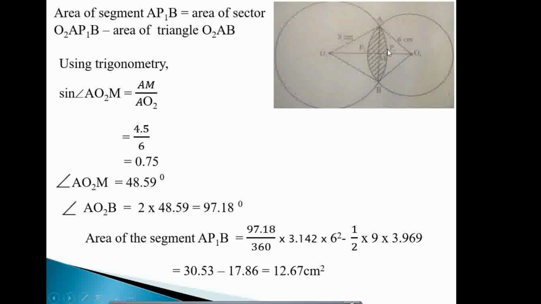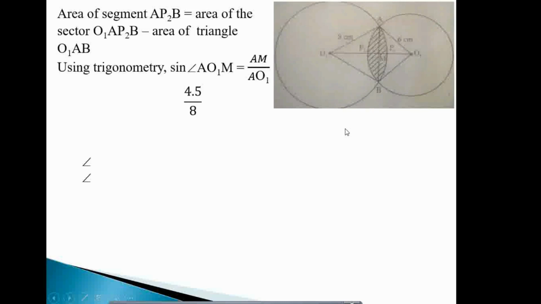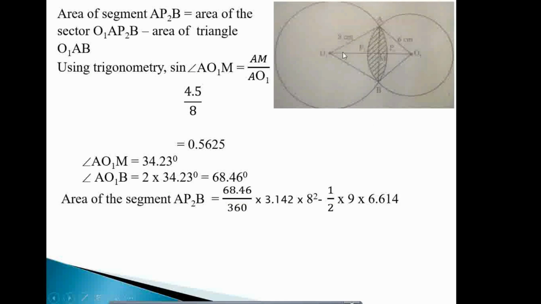Now I'm remaining with the area on the other side, the area of this other segment, that is AP2B. So we also do the same. We first of all get the angle using sine, which is opposite 4.5 over 8. Then you get the sine inverse, then you multiply the angle by 2 so as to get the whole angle